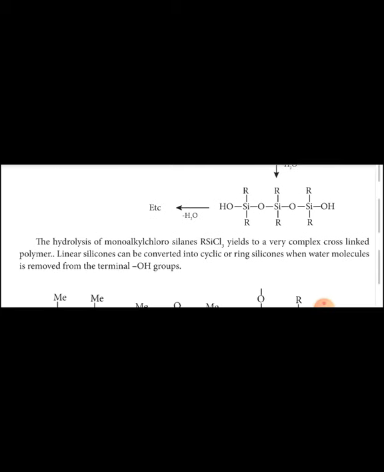So this is a combination of SiO. When we take n number of units, it results in a linear chain structure that is called a linear polymer. So when we take R2SiCl2, we get only the linear chain polymer. Next, how will you get a cross-linked polymer? There are two types of polymers: one is linear chain and the second is cross-linked polymer. The linear chain is obtained from R2SiCl2. The cross-linked polymer is obtained from RSiCl3, because there is only one R.